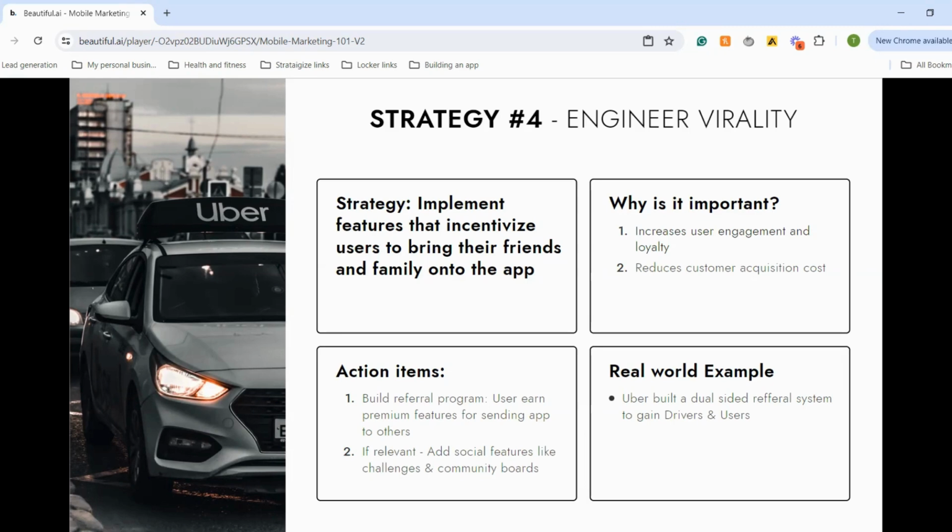A way that I've implemented this in the past is creating a referral program where every single time someone invited 5 of their friends onto the app, they would get 6 months free subscription. And if they invited a total of 20 people onto the app, they got a lifetime subscription. So giving away something that really doesn't cost you anything, but can be huge for the growth of the platform, is a really good strategy to implement.